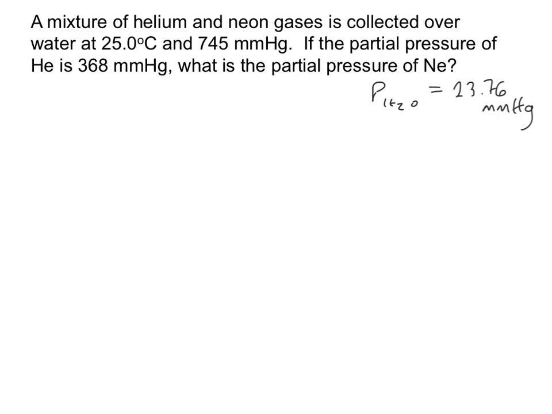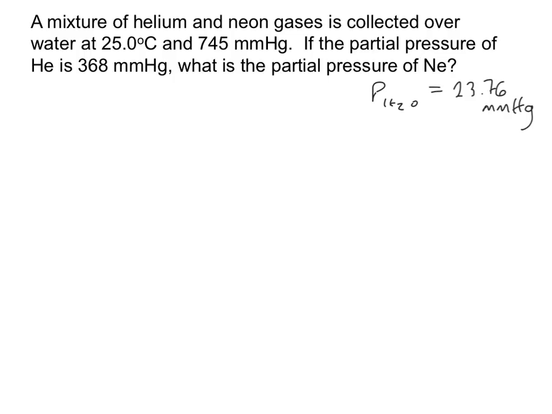So given this problem that we have here, we've been told we have a mixture of helium and neon gas, and that has been collected over water at 25 degrees C and a pressure of 745 millimeters of mercury. If the partial pressure of helium is 368 millimeters of mercury, what is the partial pressure of neon? Okay, so if this